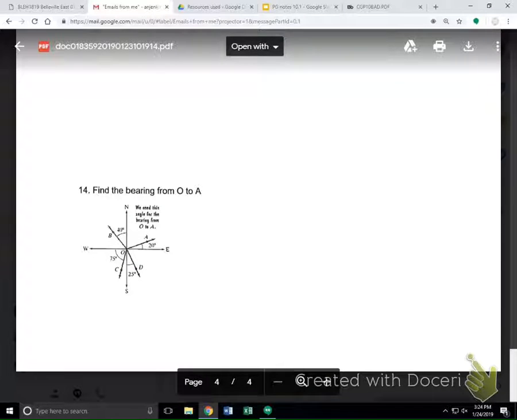Okay. We see that we are looking for the bearing for O to A. So from the origin to point A, which is right here. Remember, we do this by using the north-south line. So we're starting at the north line and we're moving this direction. How far over did we move? 70. Yep, so you did 90 minus 20, which gave you that 70. So we end up with north. We always start in